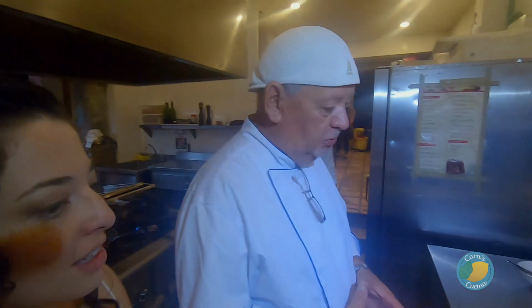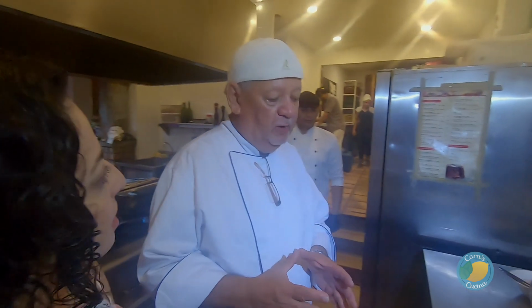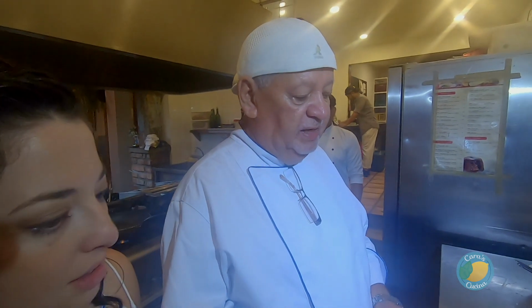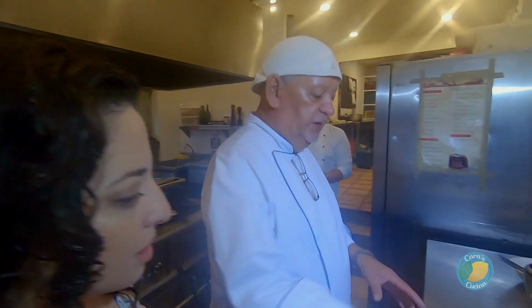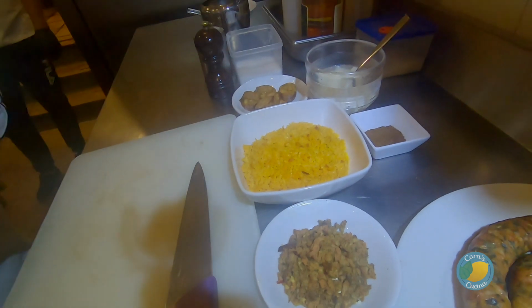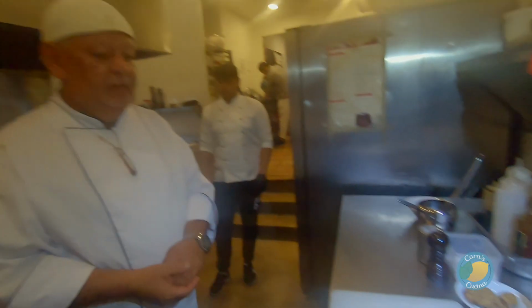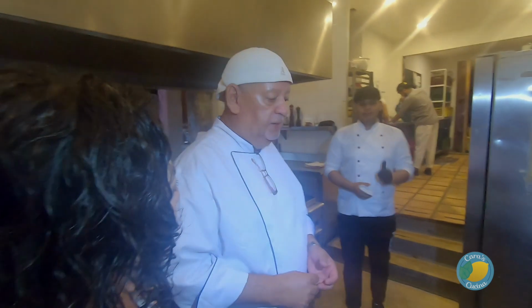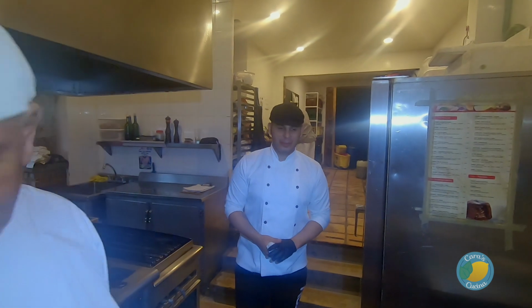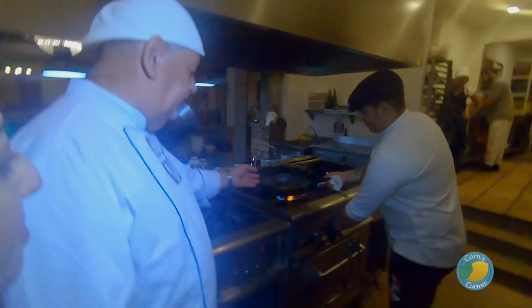Well, the dish that we're going to prepare tonight is from the Pacific coast of Colombia. Most people there have African roots. So we call it Longaniza Clavado, which means that we do the rice and then we put on top of the rice the longaniza and the costeño cheese. So we got Chef Michael. He's from Venezuela and he's going to prepare the dish for us. Oh, lovely. So Michael, please. Chef, I'm going to have you continue to explain in English as well. Not a problem. So Michael is going to have